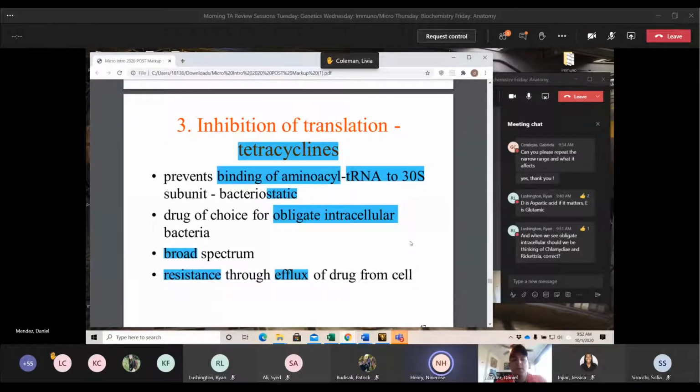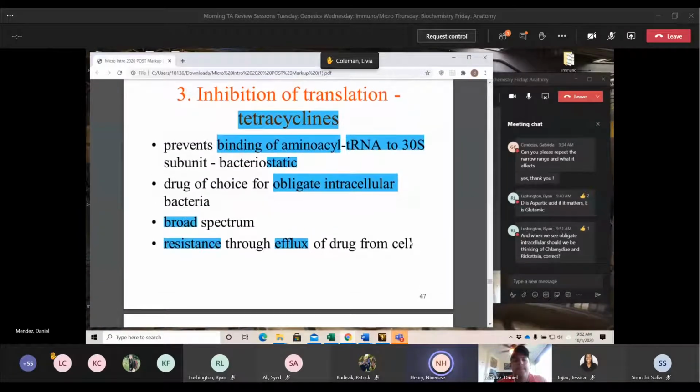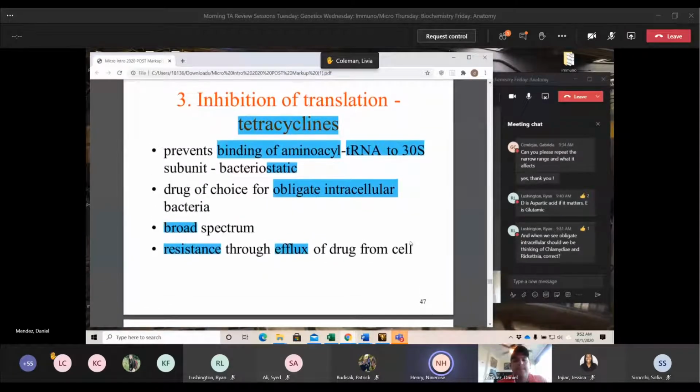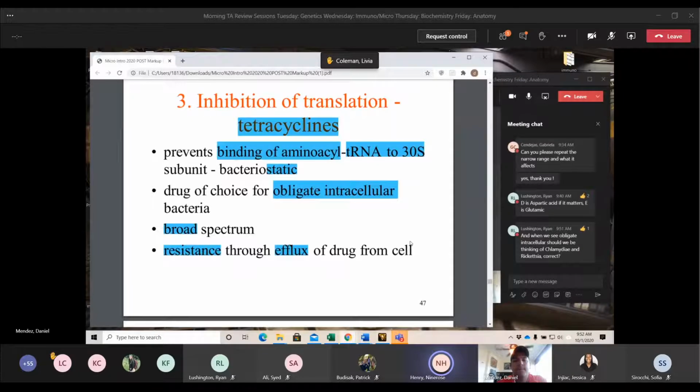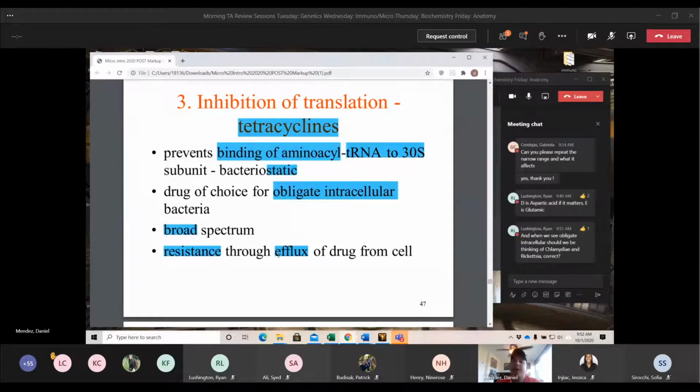And also that resistance through efflux, it's also another kind of reducing uptake, correct? It is not. No. So reducing uptake is stopping the antibiotic from coming into the cell. A resistance through an increase in efflux is pushing more antibiotic out of the cell. So the antibiotic can still go into the cell, but it can't go through its actual function because the moment it gets in, it's kicked out. And then it'll come back in, and then once it comes back in, it gets kicked out again immediately.